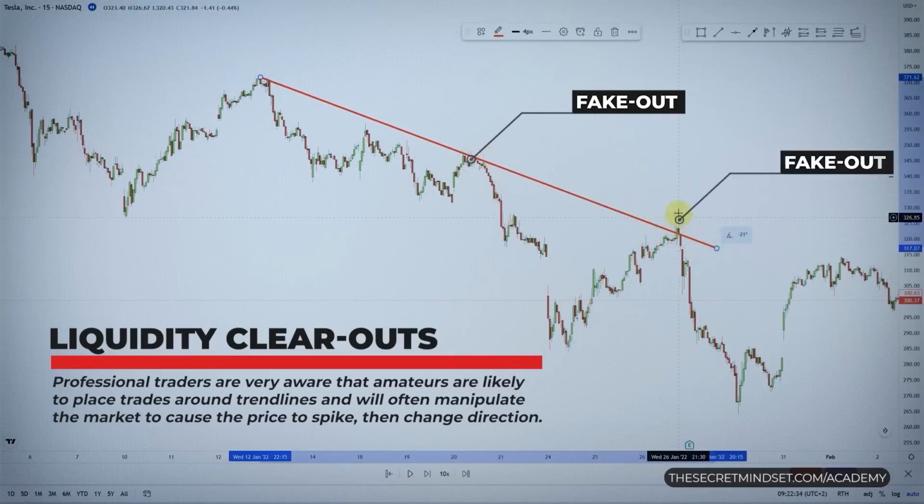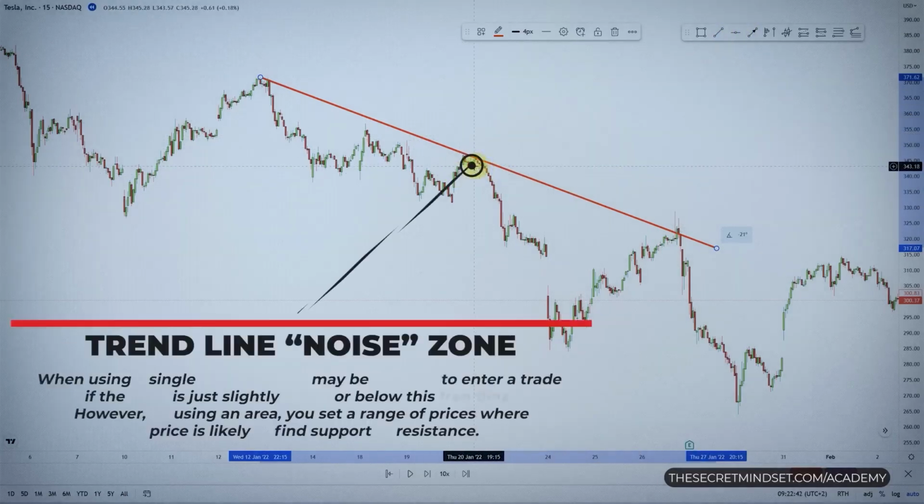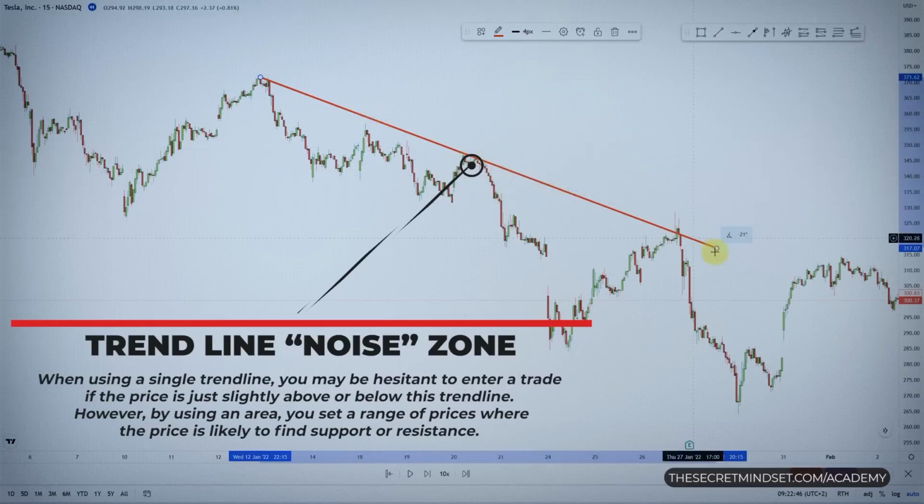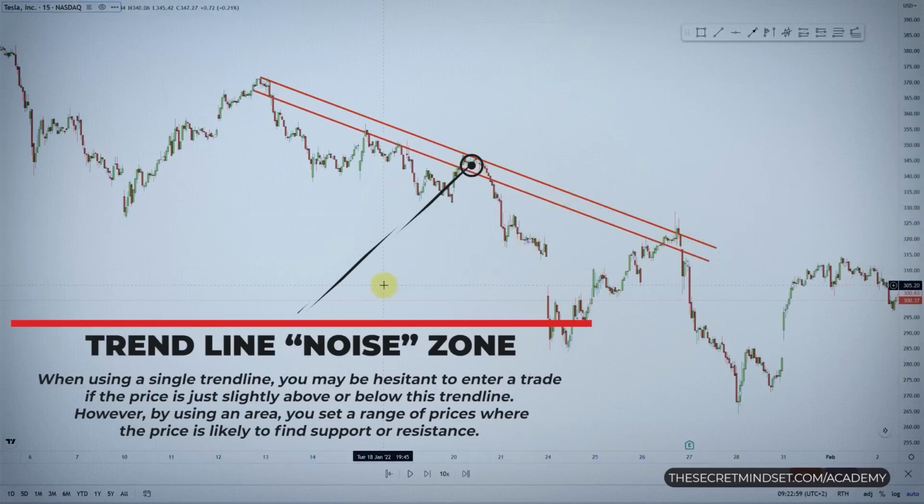To improve your win rate, it can be beneficial to use areas rather than relying solely on single trend lines. For example, when using a single trend line, you may be hesitant to enter a trade if the price is just slightly above or below this trend line. However, by using an area, you set a range of prices where the market is likely to find support or